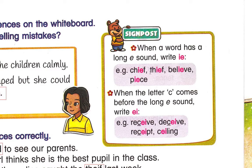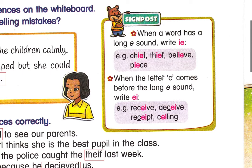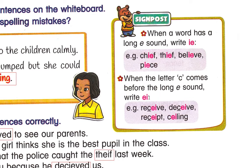E，OK，EI 也是读成 E。比如说 chief, thief, believe, peace 都是 IE。但是如果那个字母 E 它前面是 C 的话，C 一定是跟 EI 在一起的，OK，C 一定跟 EI 在一起。读音一样，但是 E 跟 I 一定是要跟 C 连在一起的，比如说 receive, receipt, deceive, ceiling，看得到吗？EI 前面都是 C，你看到吗？And for ceiling 也是 EI 前面都是 C，你只要背这个就可以了。C 跟 EI 在一起，chief, thief, believe, peace 这些，他们没有 C，所以他们是